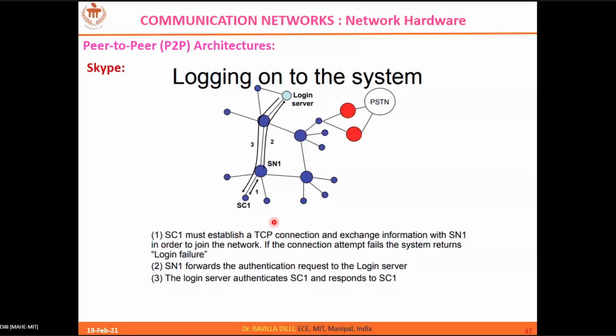You are confused because this login server is present, so it looks like a client-server model. But the idea for this login server is that it just maintains your usernames and passwords, not more than that. It is not going to maintain the content that you are transferring from one node to another. If all those things were maintained, then it would become a full-fledged client-server model. But we are not doing that.